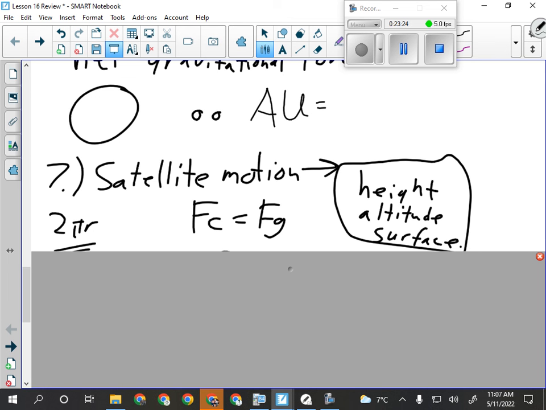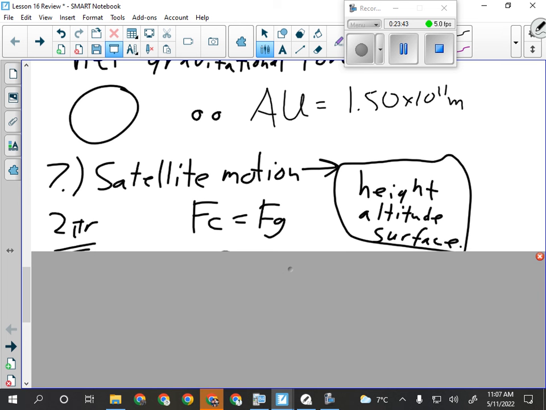It is 1.50 times 10 to the 11 meters. So if it says 1 astronomical unit or 3 astronomical units, you are simply multiplying the Earth's orbital radius by that many,